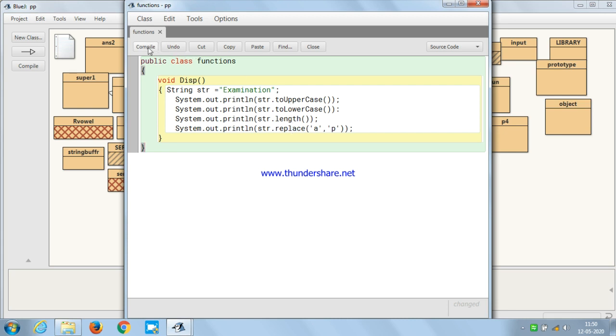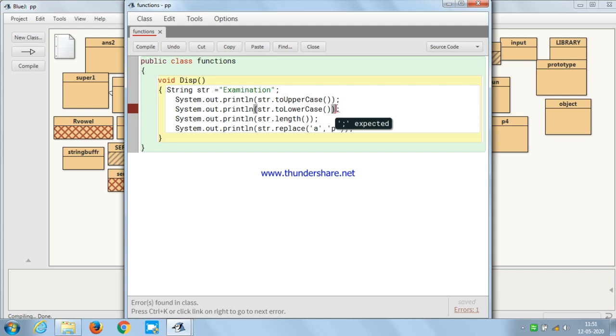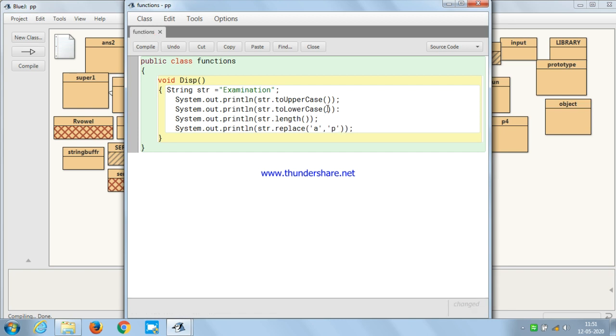Is it clear? Now after writing this program I will compile. See here I am getting some error. What is the error here? It is pointing out this one. That means which type of error is it, students? Is it a compilation error or syntax error or logic error? Whenever it is highlighted, it means it is a syntax error. Is it clear? Now after compiling, I got the message: class compiled and there is no syntax error. That means it is correct.